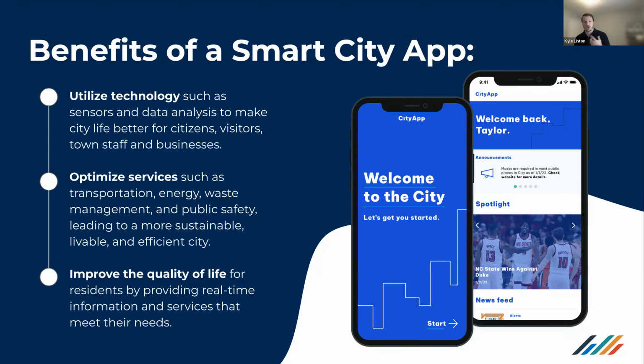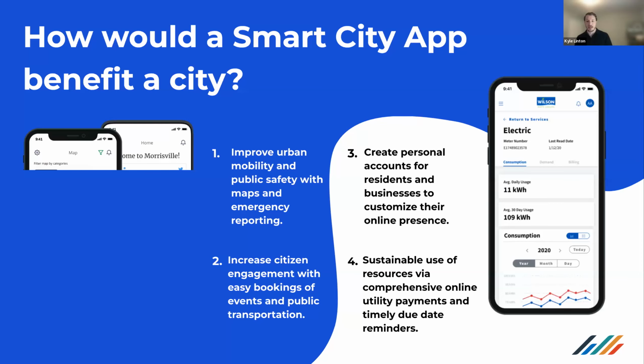And then the optimization of services is also critical. So transportation, energy, waste management, public safety, I think there's a direct opportunity to make cities more sustainable and to present that publicly and be on the cutting edge of smart city technology. But ultimately, another direct benefit of creating a smart city app is improving the quality of life for citizens and residents, and making them feel that they're part of a community, that they are engaging with a city or municipality that has their best interests in mind and cares about sustainability efforts and everything else. And I think that's the largest perk of building these potential applications.